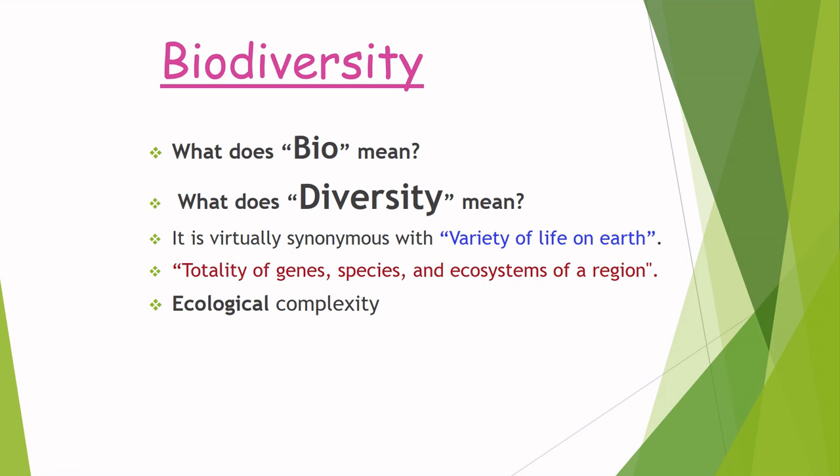Biodiversity is the totality of genes, species, and ecosystems of a region. It is the variety of plant and animal life in the world or in a particular habitat, a high level of which is usually considered to be important and desirable. Ecological complexity is a multidisciplinary field of research that borrows tools and concepts from the core disciplines of complex